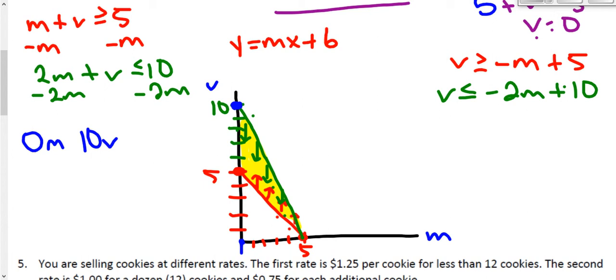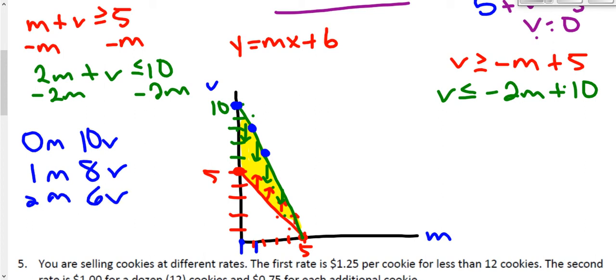In order to get to the next point where it equals exactly $10, all I have to do is get to the whole number intersection. So I have to go over 1 on my meat scale, 1 meat topping, and that would bring me down 2 points on the veggie scale, 8 veggie toppings. So it'd be $2 for meat, $8 for veggies, and I would end up spending $10 again. And you'll notice that every single answer I get is just the next intersection between meat and veggie on my graph. So 2 meat,